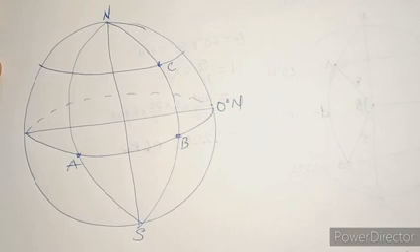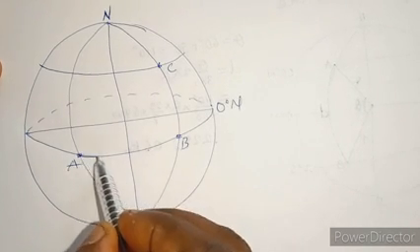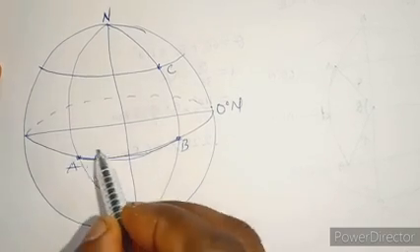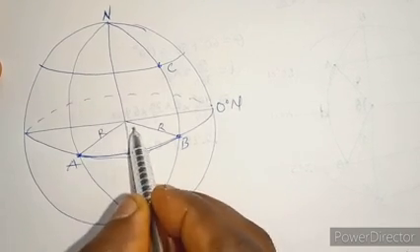In summary, when the 2 points are on the same great circle and you want to find the distance between the points, you trace to the center of the great circle. In this case, the distance between A and B, they are both on the equator, are traced to the center of the great circle. And this is my R, this will be my theta,